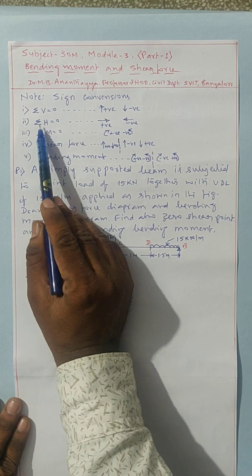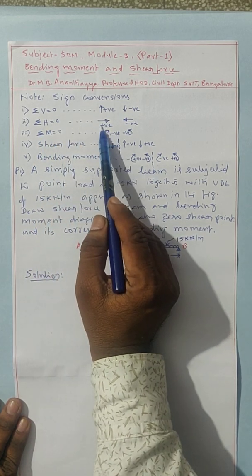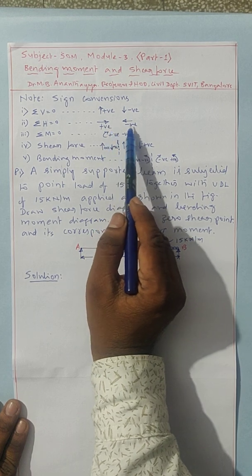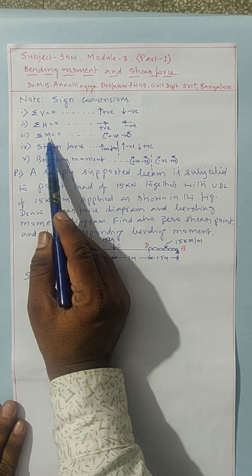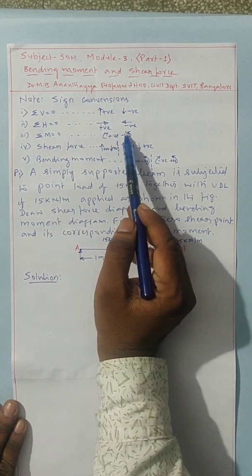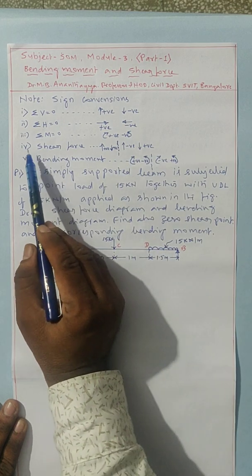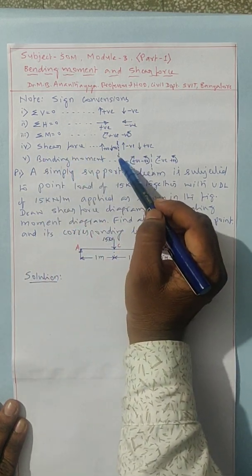Similarly, the summation of all the horizontal forces should be equal to 0, treating rightward forces positive, leftward forces negative. Similarly, sigma M equal to 0 means the summation of moments should be equal to 0, treating clockwise moments positive, anti-clockwise moments negative. Similarly, for the shear force, the sign convention is, if the section line is taken, to the